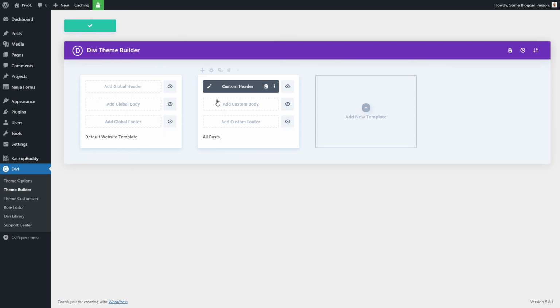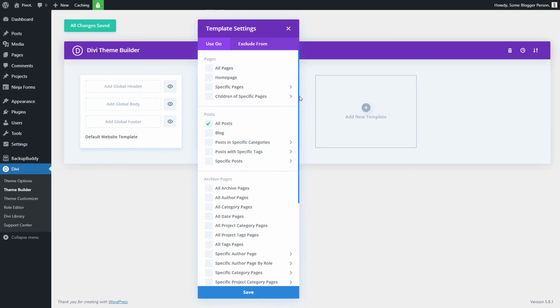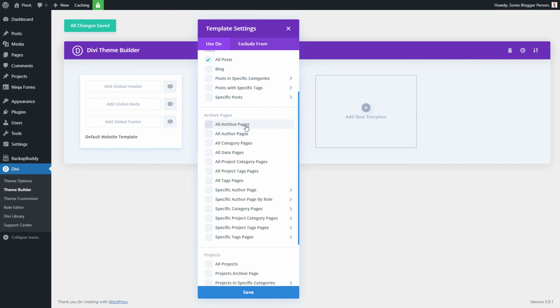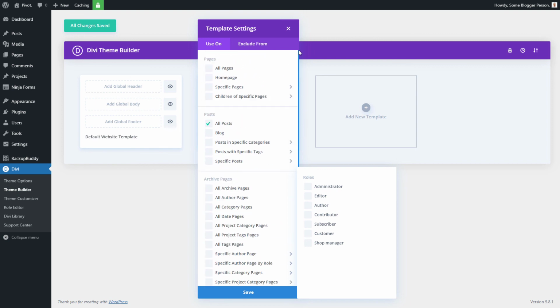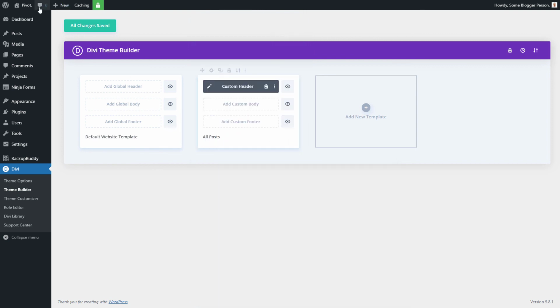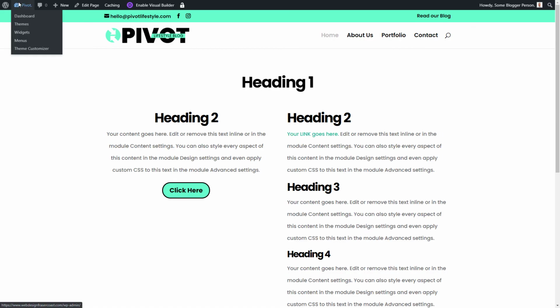So you can see here by hovering over these and going to the cog, you can see how many different areas you can apply either the body, footer, or the header of the theme builder. It's very intuitive, very, very handy tool. So now if I head back out to the main site, we're going to see our original header to start off with. So if I go to our blog,